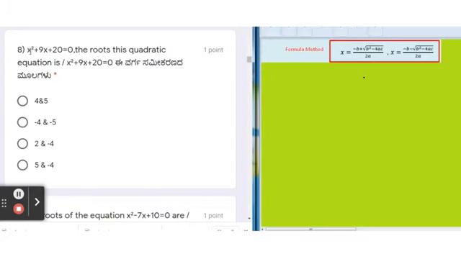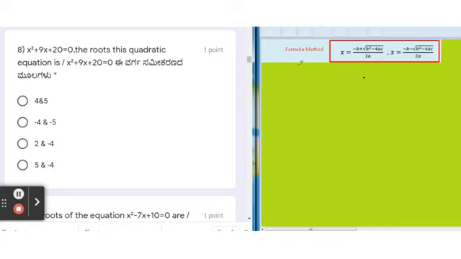Next question in quadratic equation: x square plus 9x plus 20 is equal to 0. The roots of this quadratic equation are. So there are four options. We will find the correct option. Before applying the factorization method, I have given this formula method for your reference. So we can also use minus b plus or minus, one with plus, another with minus, root over b square minus 4ac, which is the discriminant, by 2a. So this is the formula method. Sometimes they may ask you directly for the formula, so I have just mentioned it here for your reference.